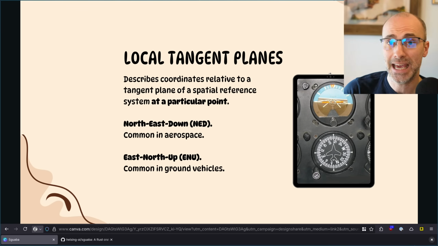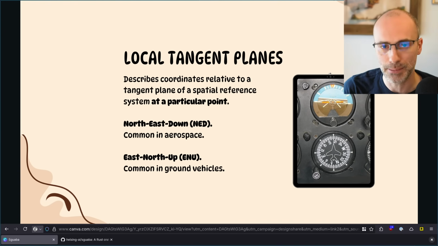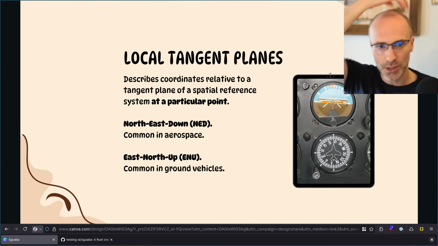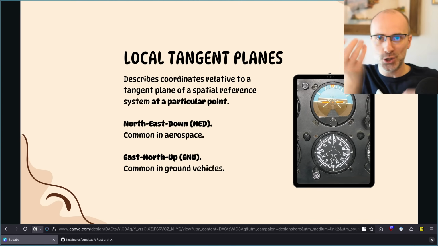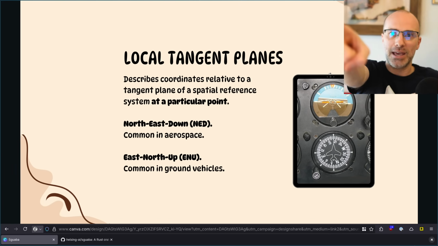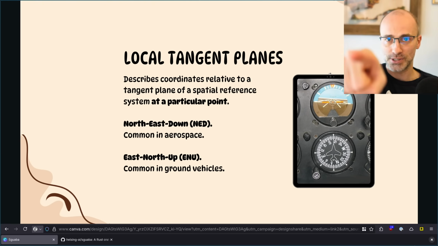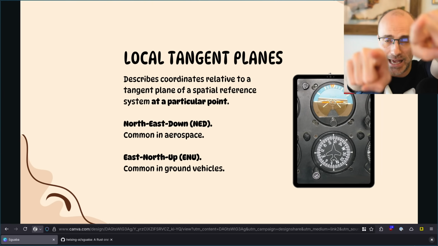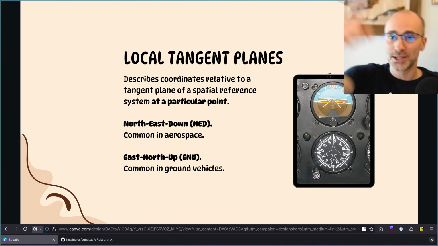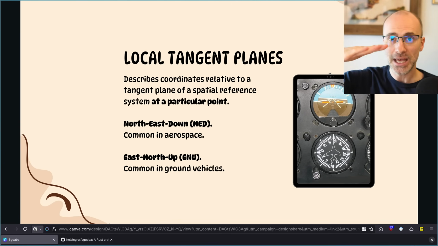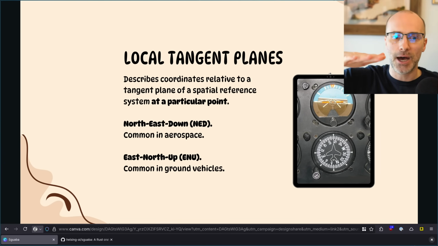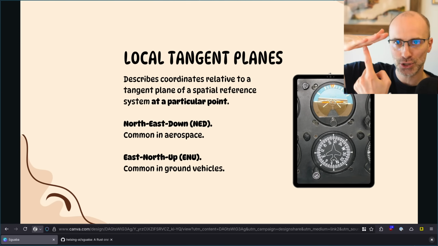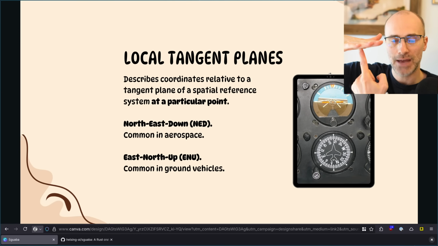And then we have local tangent planes. Local tangent planes are, for example, compass directions. The reason it's called a local tangent plane is, imagine that you are standing somewhere on Earth, and you hold a compass out and it says north is that way. Well, if you follow that finger straight ahead, what you actually end up with is a line that goes out into space. And what you're doing is pointing along the local tangent plane. The plane is like a flat surface, like a sheet of paper, that is tangent, so it barely touches that one point on Earth. And that's what you're pointing along.